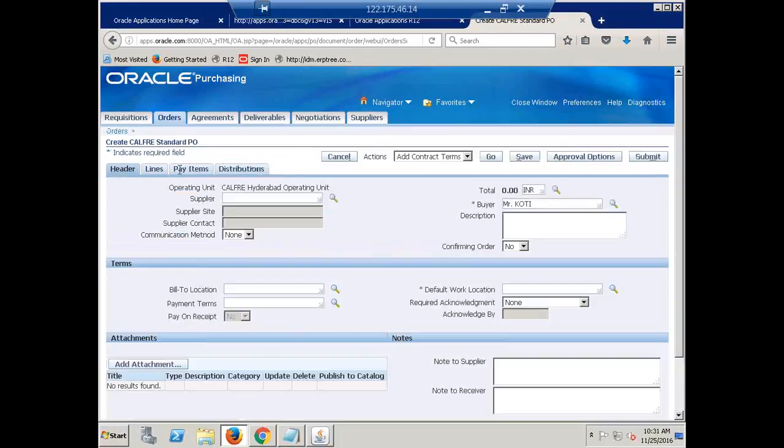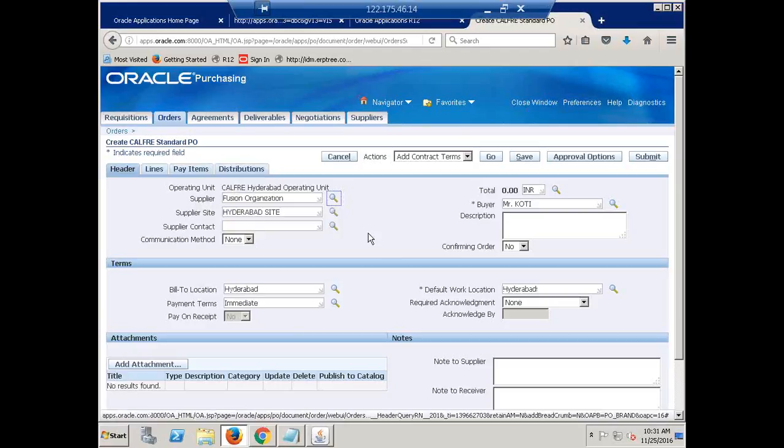Okay, so this is header information. You know PO header information, right? Same header information. There you can select the supplier. Who is the supplier? Fusion. Just use some name and tab out, it will fetch, and it will default site and other required information also. Select it. Use supplier name, automatic system will take supplier site and other information. See, it is taking bill to location and ship to location, since we gave it in